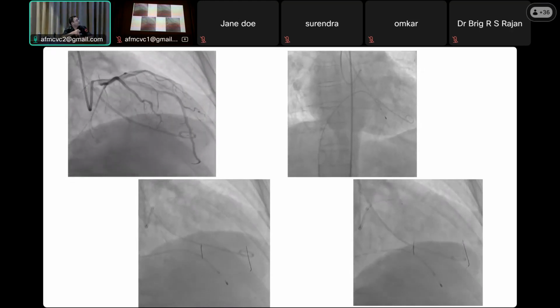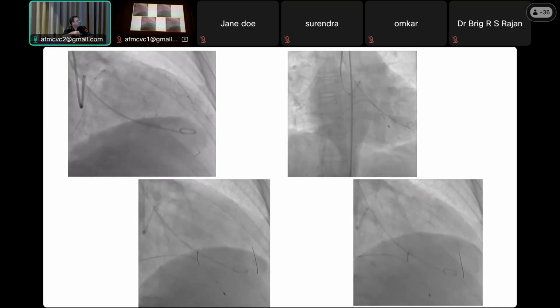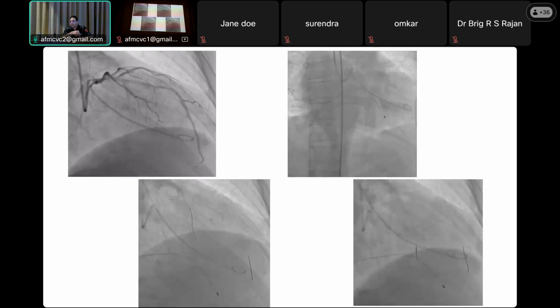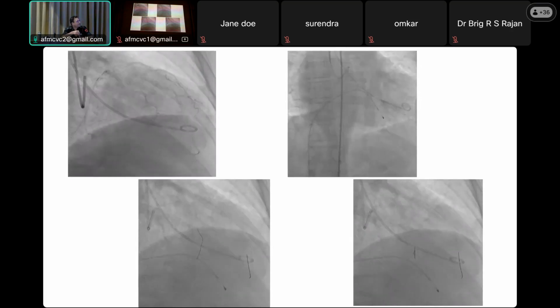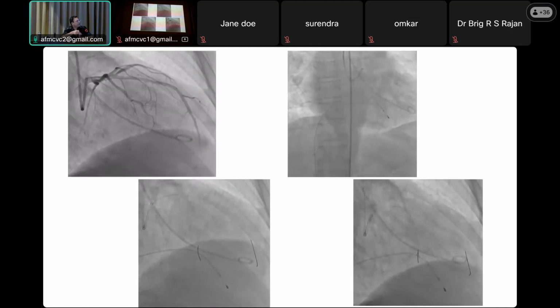This is basically over the balloon. There is a lumen in the shaft of this balloon. So through that, we inject the contrast. We see that there is no spillage of contrast into the LAD. After we ensure that it will go only in this area, then we inject